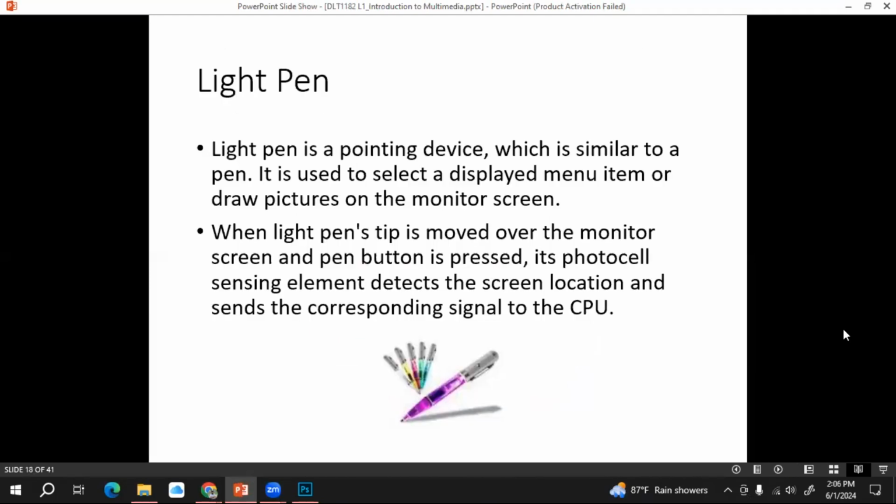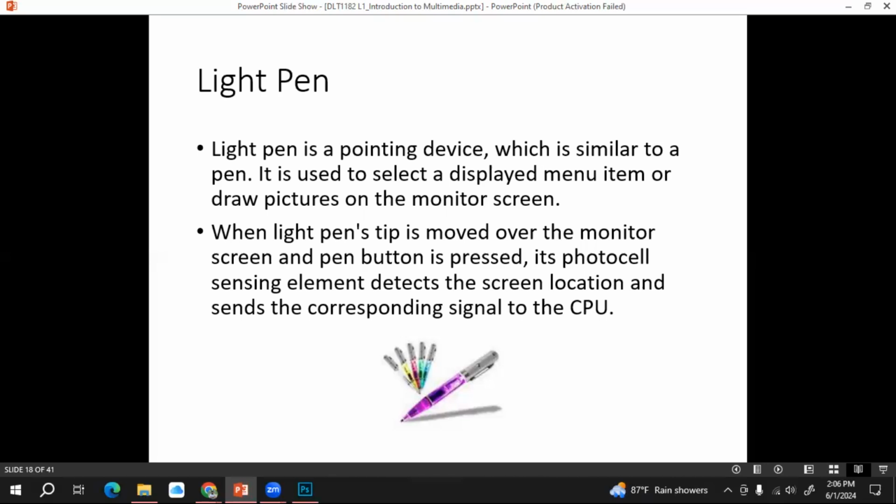First example, light pen. This is an input device, right? This device can be used to input images and text to a computer or a digital device. The light pen's supporting devices are sensitive to the pen tip.